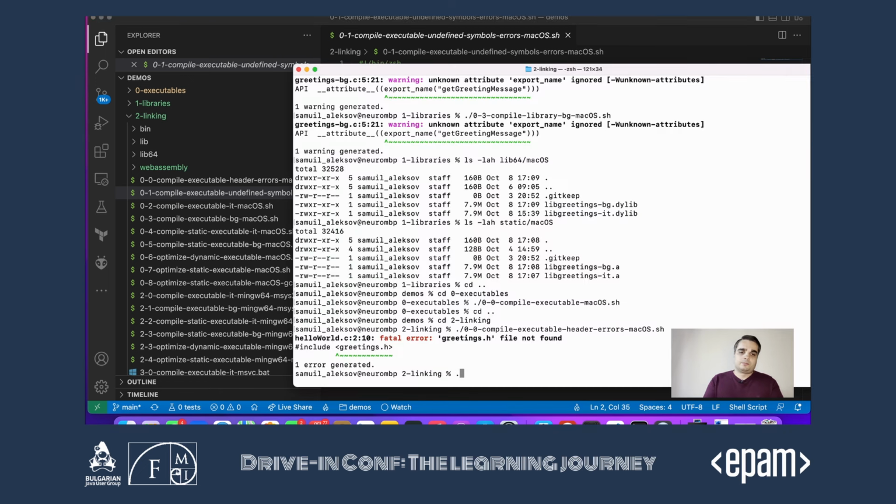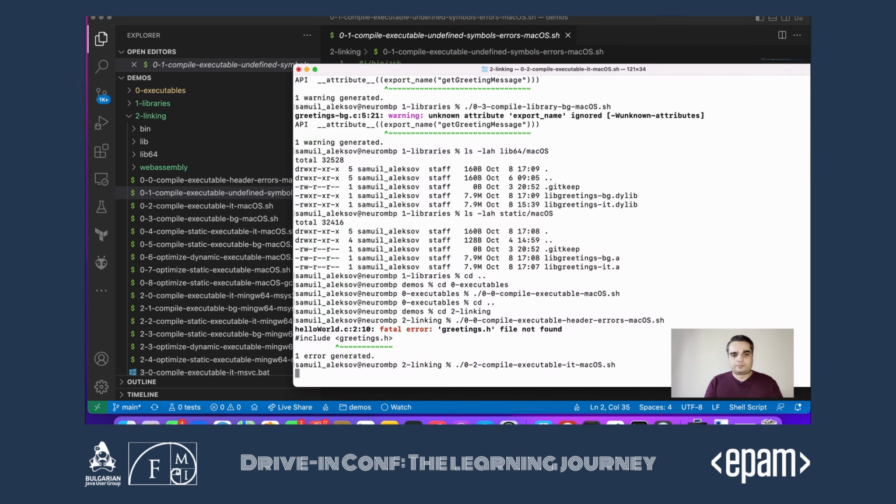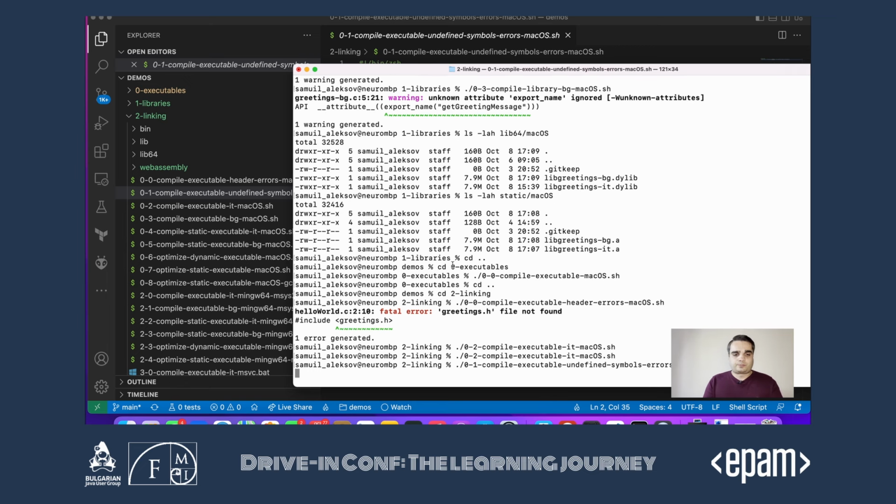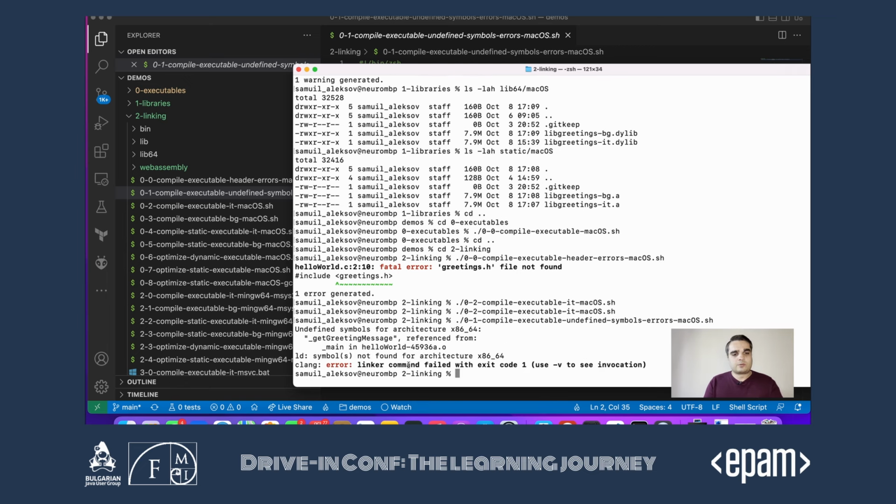Another very common error, of course, that's the wrong script, is that once we compile, during the linkage we get this undefined symbols for architecture, blah, blah, blah, the architecture you're compiling for, which symbol was not found and where it was referenced from.